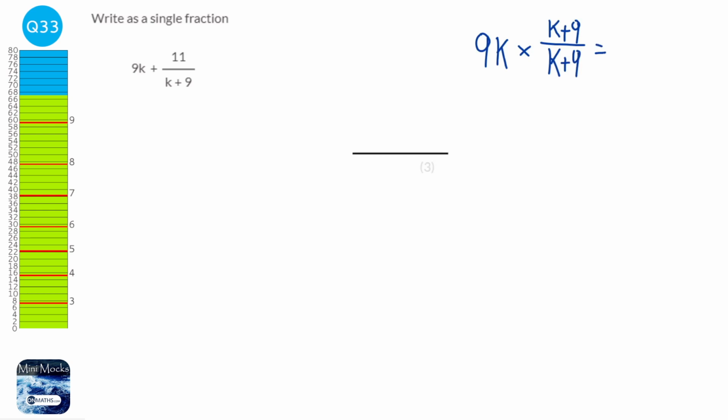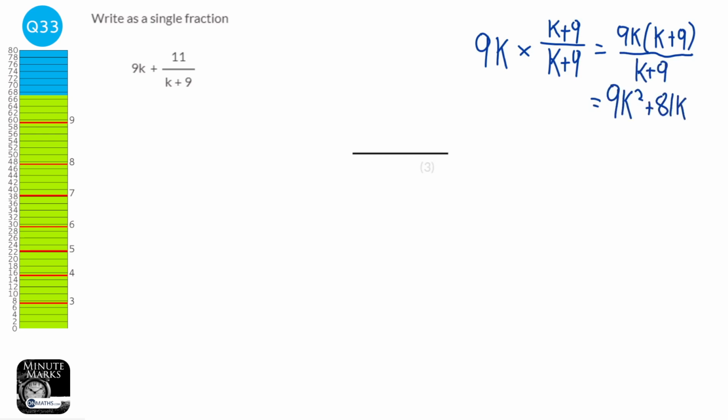So what we do when we times a 9k or a term by a fraction is we times the top, the numerator of the fraction. So it's going to be 9k brackets k plus 9. And all of that over k plus 9. Expanding the brackets, we get 9k squared plus 81k over k plus 9. And so what I'm going to do is just feed that back in here. And so we've got 9k squared plus 81k over k plus 9,